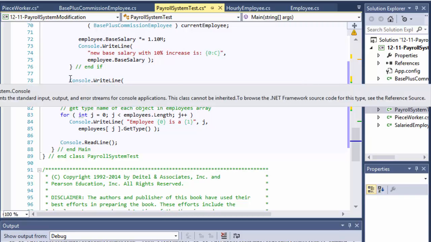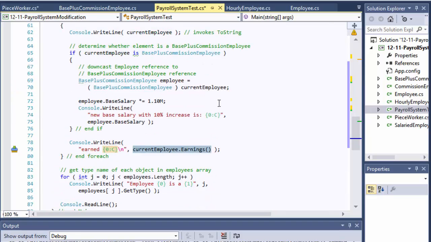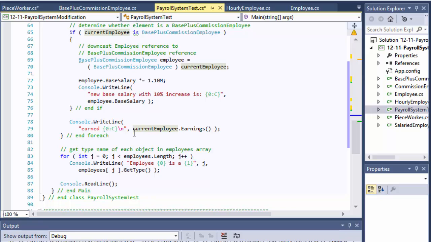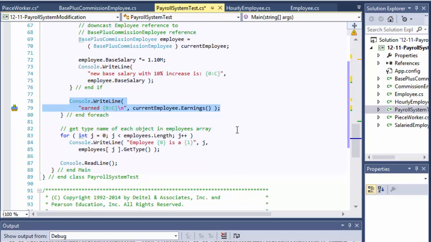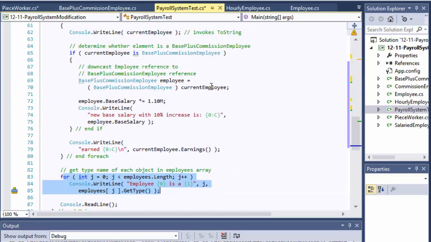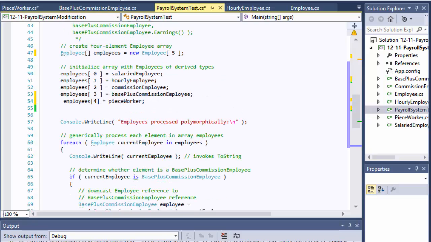Simply it will say the earned, whatever the employee earned, calls the current employee earnings. Current employee is the variable I created in the for each loop. So for each of these individual employees, it will calculate its own earnings and output it on the bottom of the output for each employee. And at the end, it will simply display that employee 1 is, I don't know, hourly employee, employee 2 is commission employee or whatever. So if I run it now,